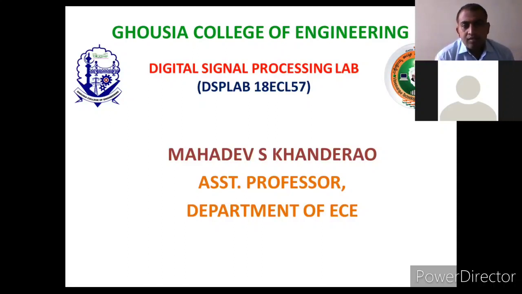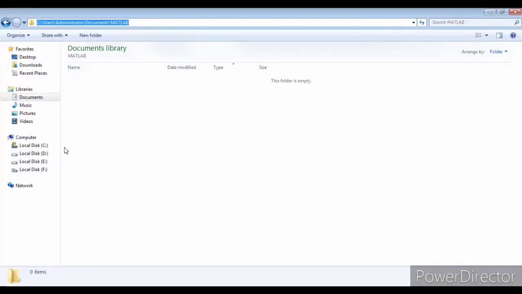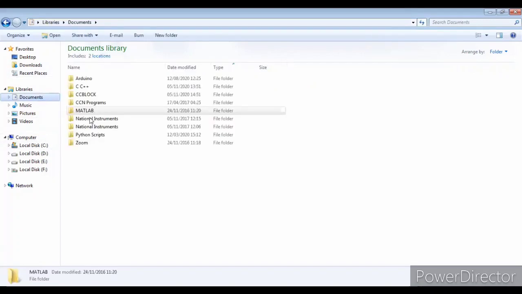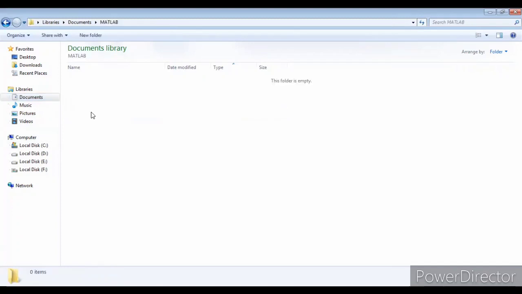Today we will be covering Digital Signal Processing Lab using MATLAB for the VTU 5th sem. Today we are going to start with MATLAB, that is the DSP laboratory. We have a tool called MATLAB, that is Matrix Laboratory. Once MATLAB is installed, we have to create a folder with our own name or with the help of whichever lab. Now in this particular document, we have installed the lab and we have the path there.